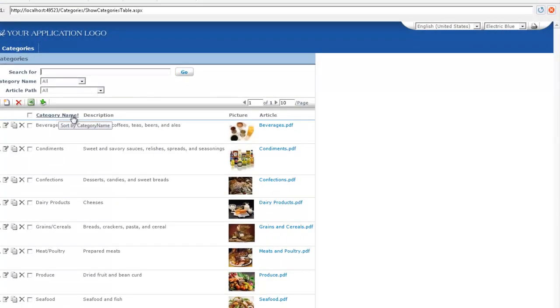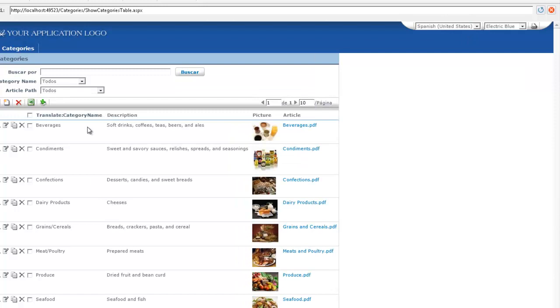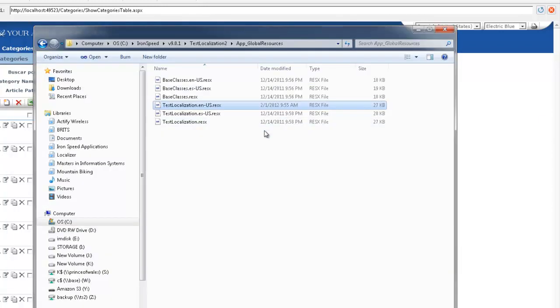So this is absolutely perfect. It's exactly what we want. But if we change languages, then of course, because we haven't yet updated category name in Spanish, it hasn't changed yet. So although I'm not a Spanish speaker, I'm going to load the Spanish version